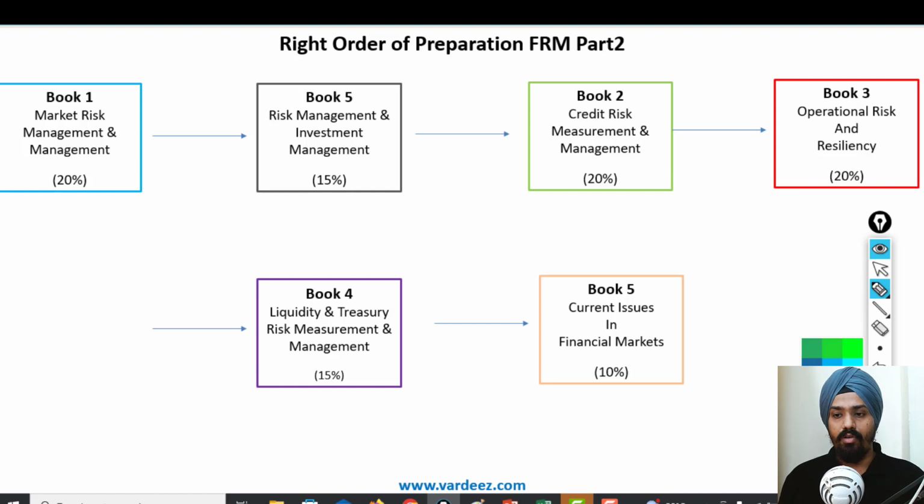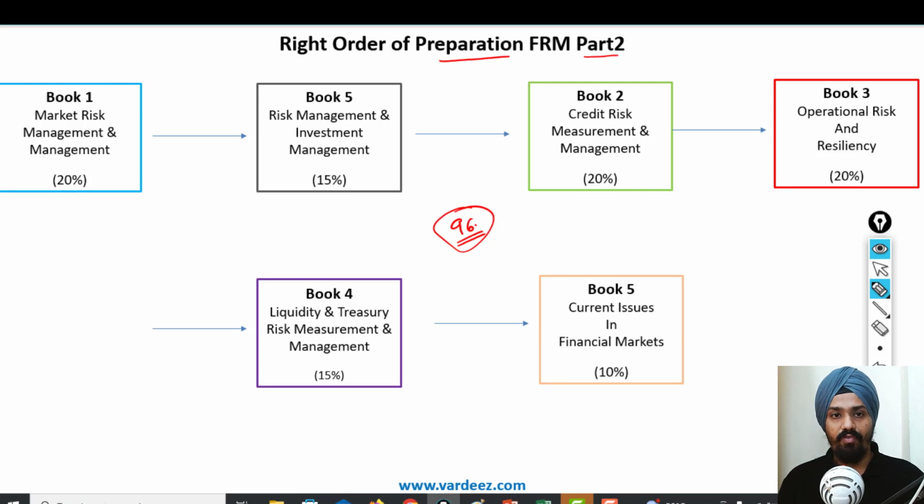Right, so here we're going to be talking about the right order of preparation for FRM part 2, and for FRM part 2 we have 5 books. There are a total of 96 chapters overall. Yes, it is a lot. The content is huge and extremely vast, so we have to cover 96 chapters, and that is spread